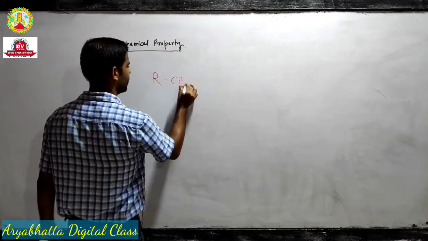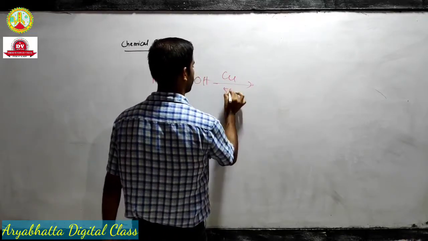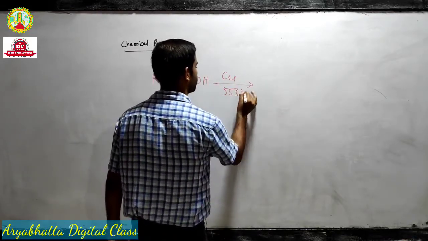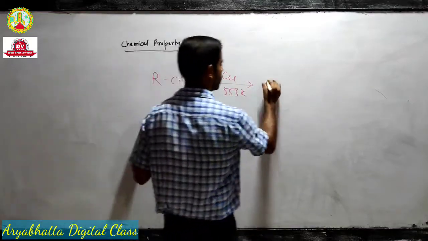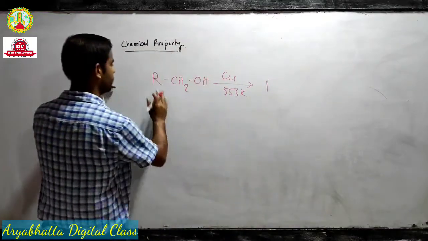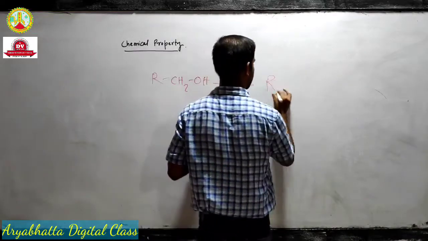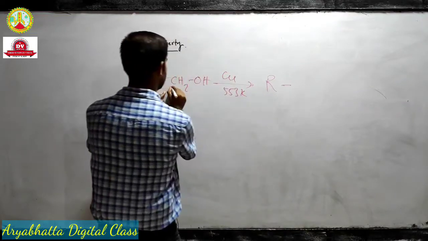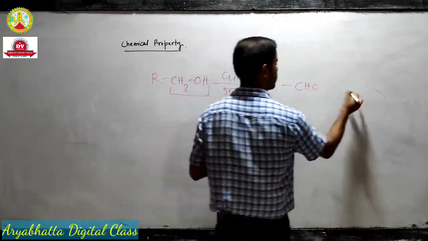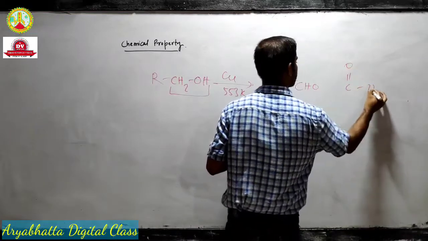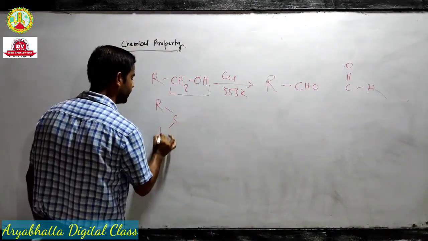So we have a 1-degree alcohol, we have copper metal at 553 kelvins, heated copper, and this is in vapor phase. So what will happen? This CH2OH will get converted to CHO. Actually, the CHO is something like this, okay. So same thing, CHO. If I take a 2-degree